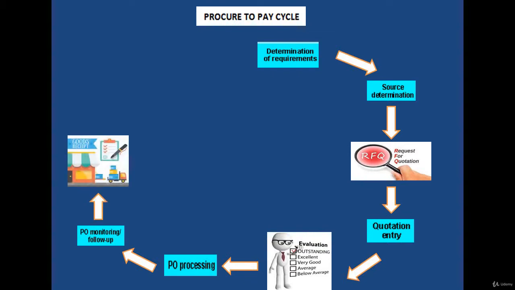followed by goods receipt. On one particular day, the vendor dispatches the goods to the company, and the material reaches the company, and the company unloads and receives the materials. So this activity is called goods receipt, followed by